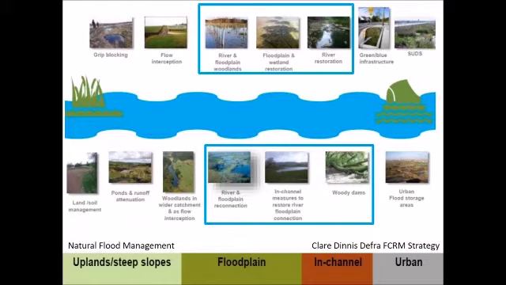Well, all of these things are things that are lost through incision. And the only way to get them back is to reconnect the channel wetland floodplain system and get that biological engine firing again to give us the ecosystem services, including flood management, slowing the flow, and reduction of flood risk